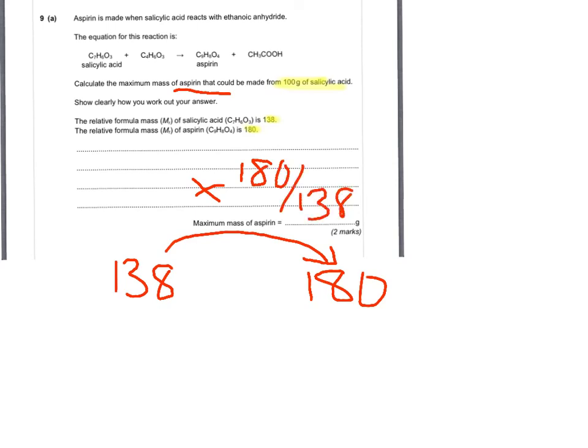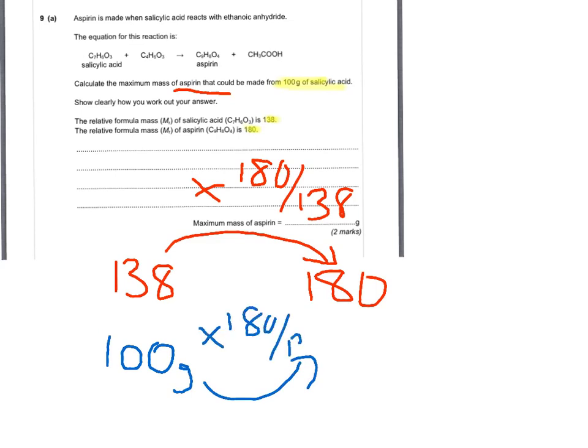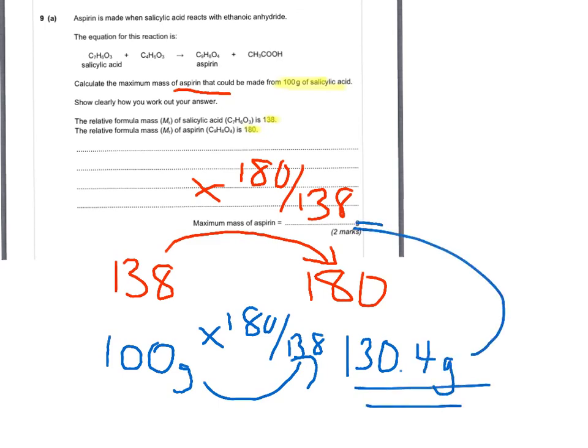Okay, so then as the bottom, we know we've got 100 grams of salicylic acid, and so to get to the product we also times it by 180 over 138, which gives us a value of 130.4 grams,